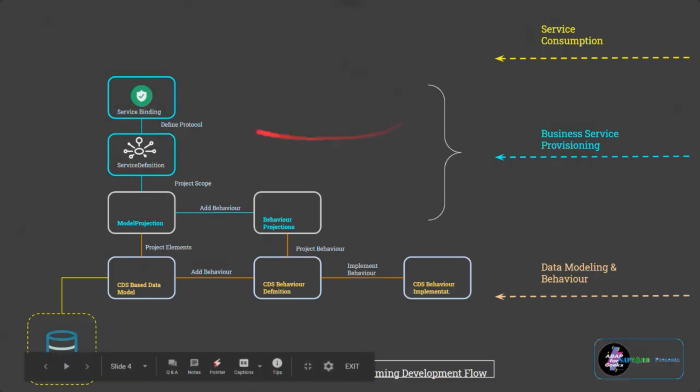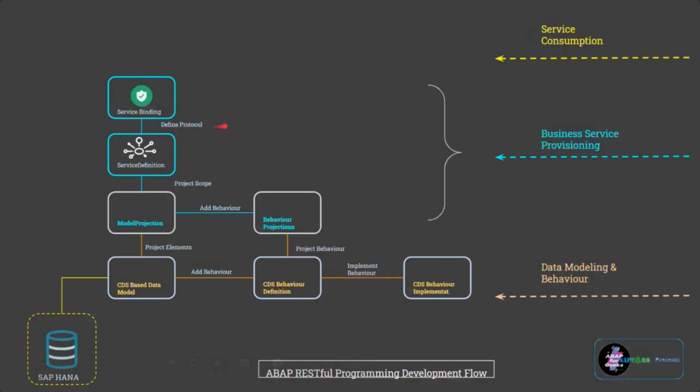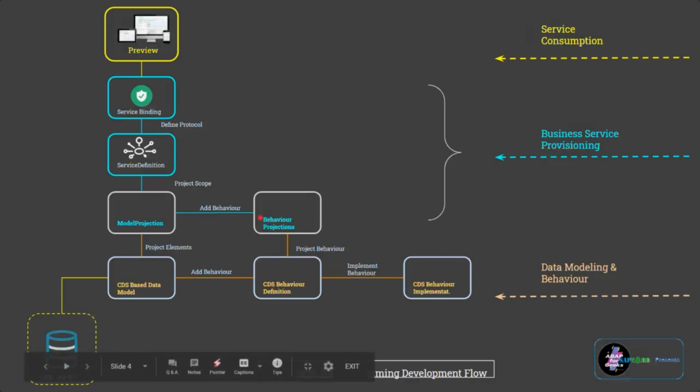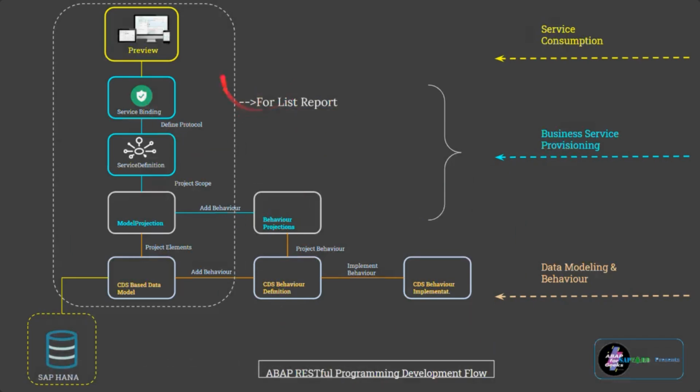While creating the service binding, we'll define the protocol, whether it is an OData service or just a simple raw API service where we do not have any annotation. It's just a raw service. And then we can look at the preview, how it looks for consuming the service here. Just look at this particular row here. Do not concentrate on this for now because this is related to transactional capabilities. When we enable the transactions, we look at the structure again. So this is for Fiori list report.